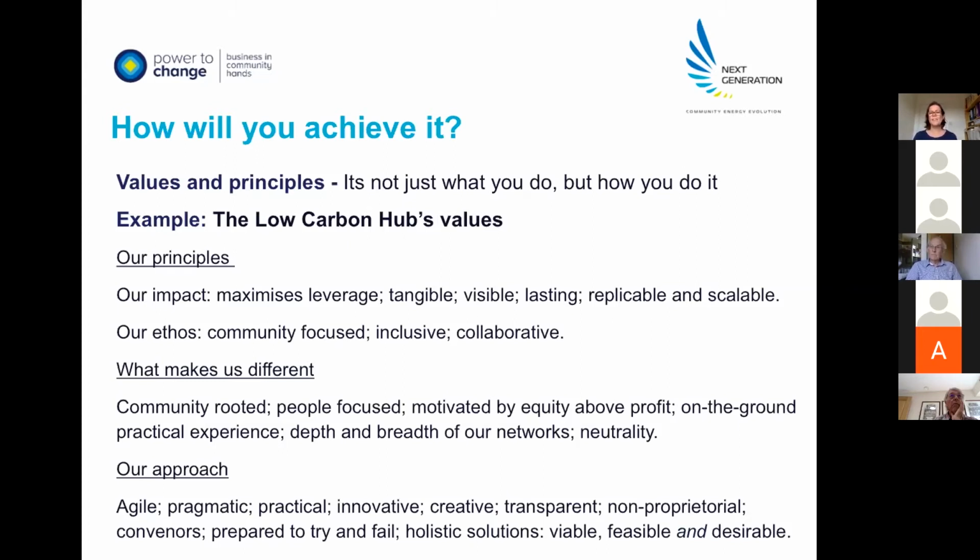And by having that in our minds about what's the way we're going to deliver this, these particular activities, what's our approach to them, has really helped colour and helped us hone down those activities and the way that we do them, all of which I presume are going to be part of your business plan. So I wasn't going to dive into them in any more detail, but hopefully that was just a very useful run through about some of the things you can think about in terms of how you actually deliver this impact.